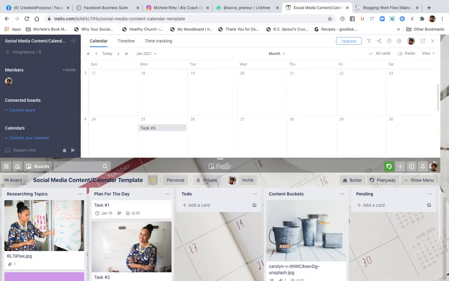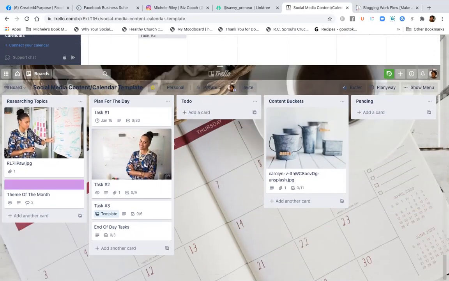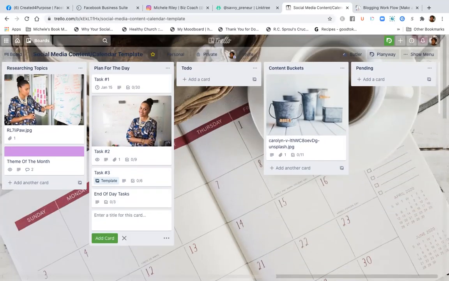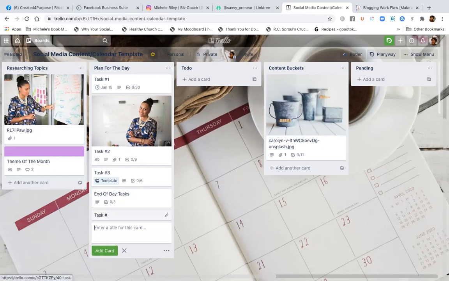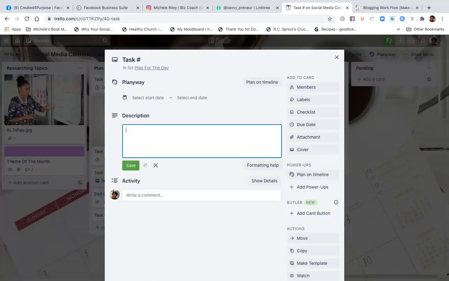So what I wanted to show you, so when you go and you start adding your different tasks, you can go here if you have another task that you want to add to the board. Again, say you had I don't know, let's say a task 4, you know, just say task 4. And let's just say a collab with an entrepreneur.